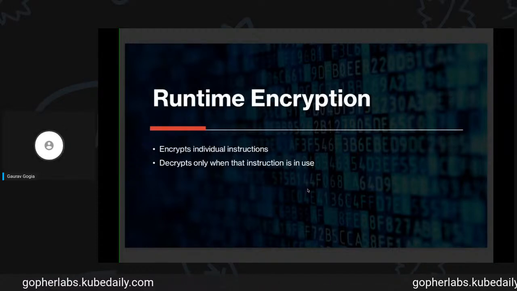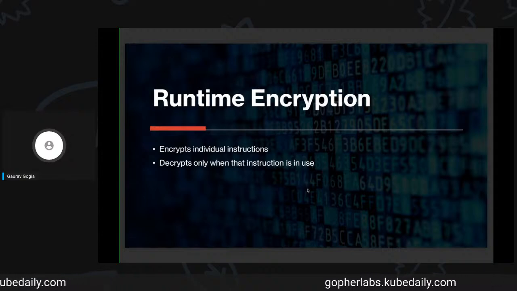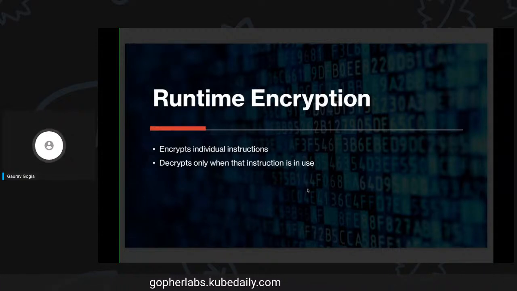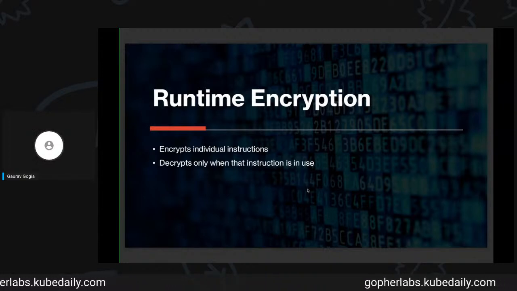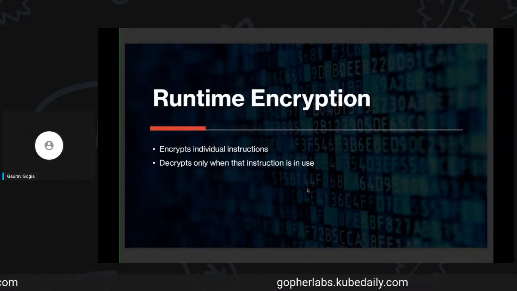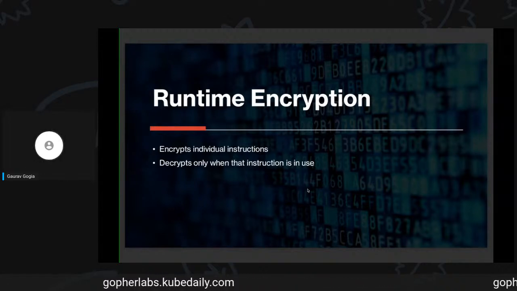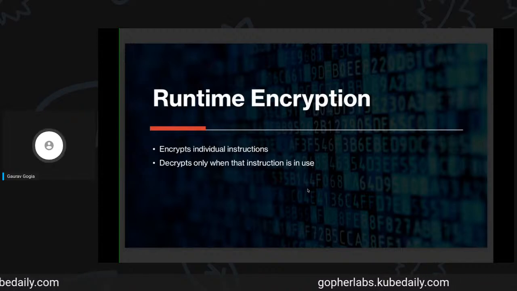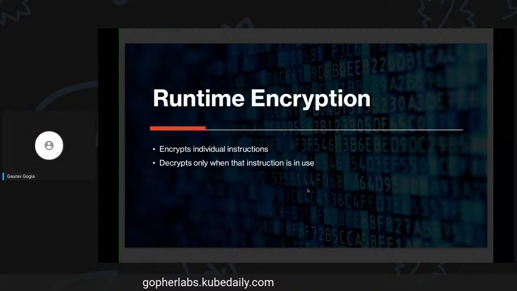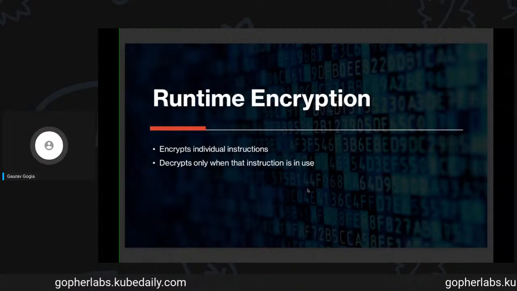So it would be very difficult for someone to reverse engineer and construct a control flow graph of the entire workflow of the program, what's going on in the process. It will be very difficult for automated tools like EDRs and antiviruses that scan the memory. They won't know what's going on. They won't be able to read it, because it's all encrypted. It gets encrypted only and only when that specific instruction is in use.